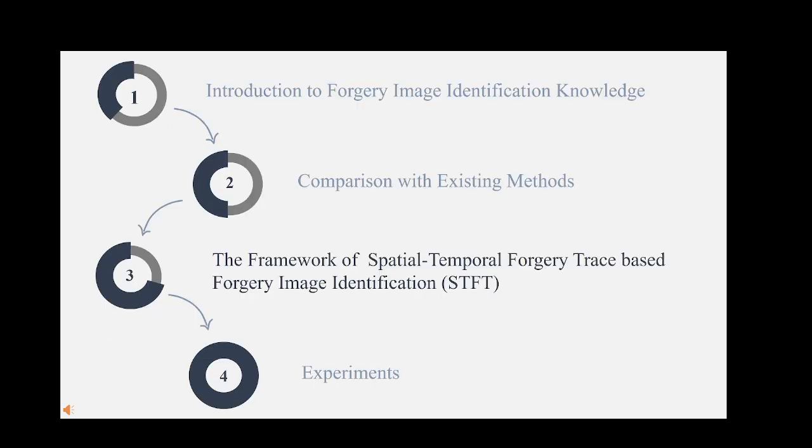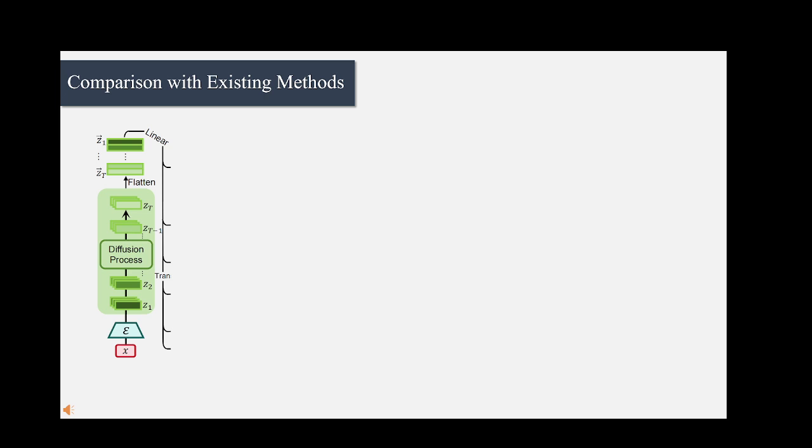The framework of spatial-temporal forgery trace-based forgery image identification. Considering that the latent space diffusion model maps data into a low-dimensional latent space through the encoder, where the distribution is more compact and easier to model, compared to the complex structure of the high-dimensional pixel space, which is difficult to model directly, we focus on extracting latent representations and analyzing them at each step of the diffusion